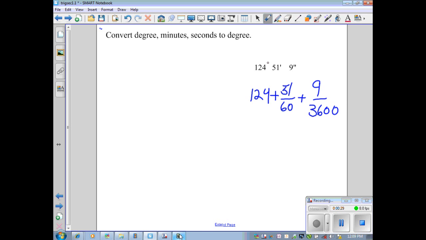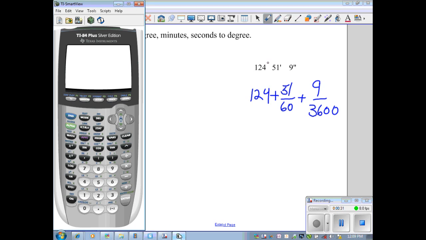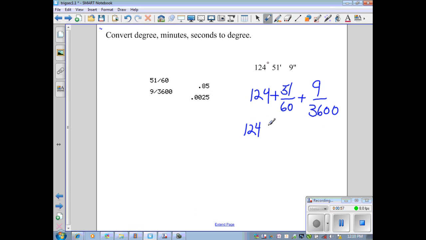Let's use a calculator to get our decimals. 51 minutes divided by 60 and 9 seconds divided by 3600. Those are our decimal values. Let's continue on. 124 degrees plus 0.85